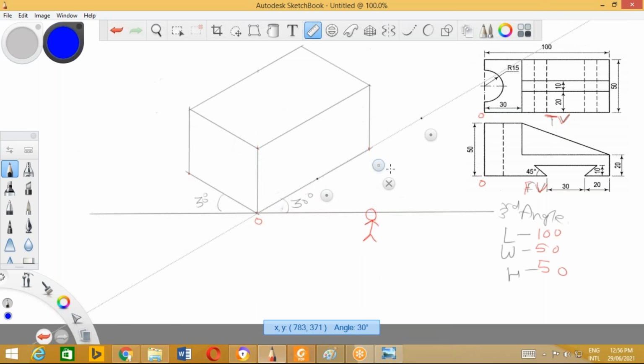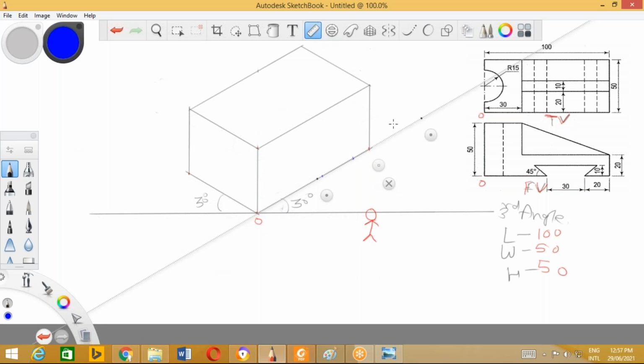Match this line with the length scale and mark the point at a distance of 20 millimeter, and from this point mark a 30 millimeter point. Correct? So I have marked these two points. See how the distance is marked. Getting me? This is how we have to mark the distance.